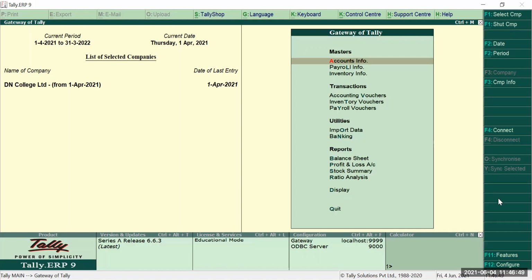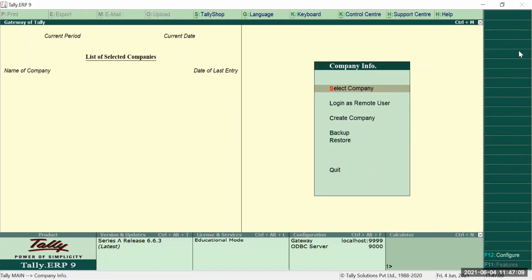There is a panel on the right hand side of every window in Tally software, which shows us the various operations that can be performed while that window is open, and it has also the key combinations mentioned here. So for shutting the company, I will be pressing Alt F1.